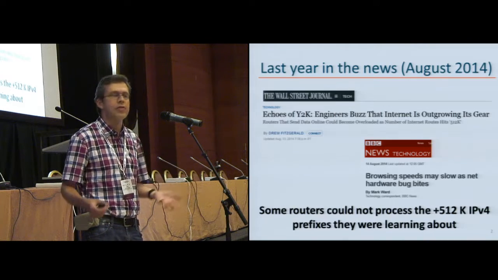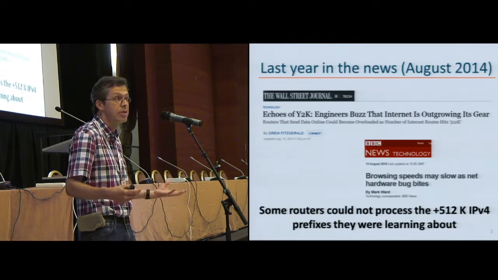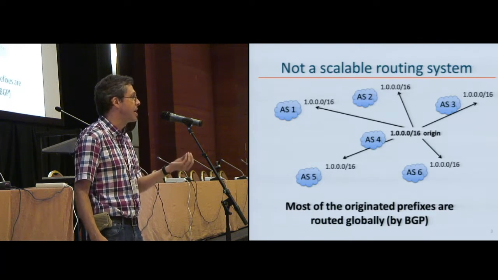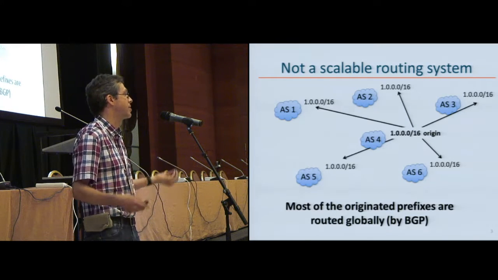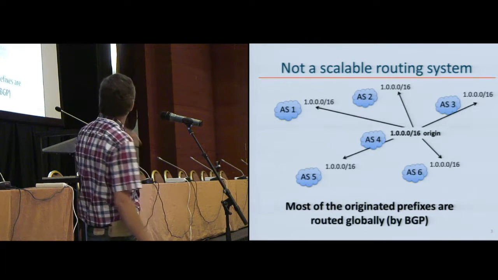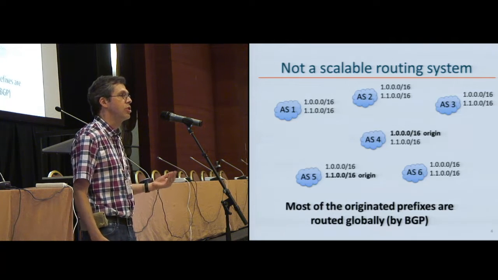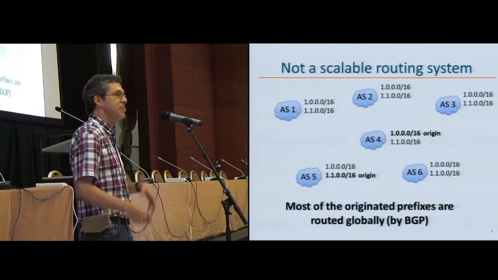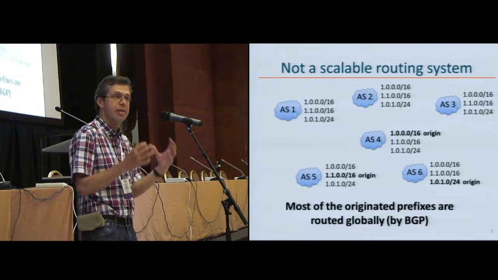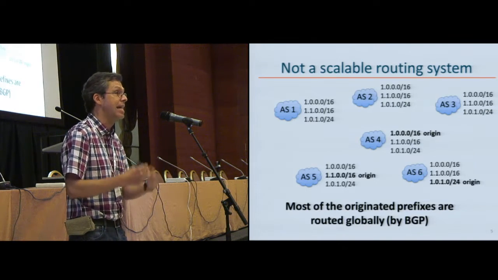The internet comprises some 50K networks called autonomous systems. Each network has address space, normally summarized in a number of IP prefixes, and most of the IP prefixes originated at an AS are propagated by the Border Gateway Protocol to all other ASs. So for example, prefix 1000/16 originated at AS4 is propagated to all other ASs. The same is true of prefix 1100/16, which is originated at AS5 and propagated to all ASs. And even prefix 1010/24, whose address space is contained in the address space of the less specific prefix 1000/16, ends up being propagated